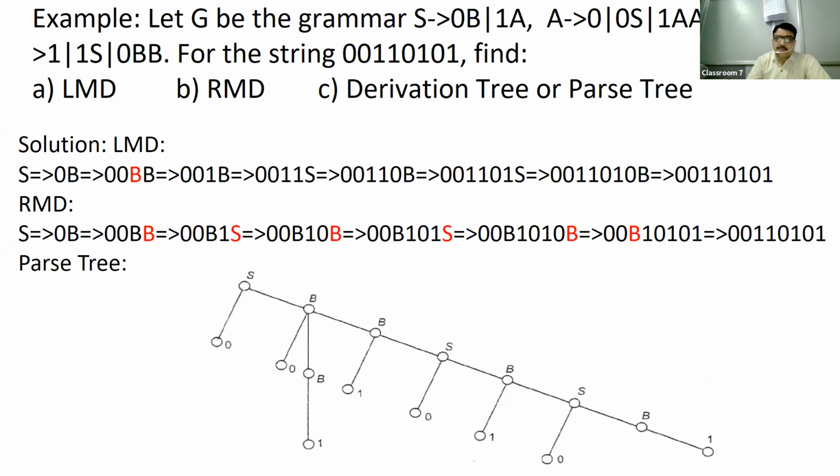हाँ बेटा, रोशनी, आपने मुझसे क्वेश्चन पूछा है कि राइट मोस्ट में सेकंड स्टेप पर B को 1S से ही क्यों किया। अगर हम इसको 1S से नहीं करें तो किससे कर सकते हैं? हम या तो अकेला 1 से कर सकते हैं, या फिर 0B से कर सकते हैं।